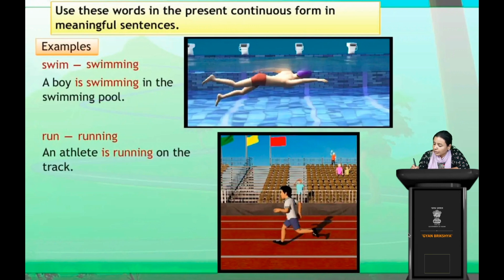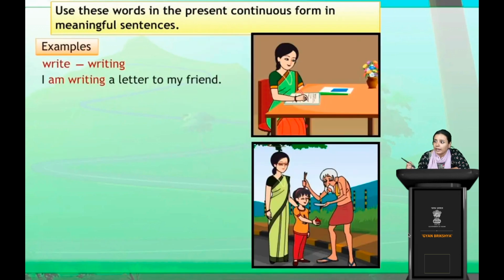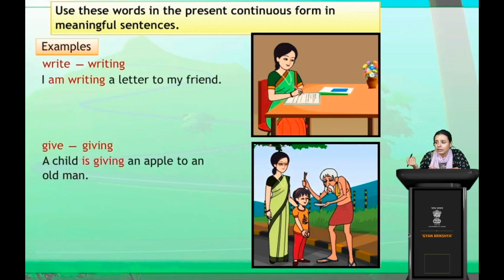So now see, what is this, students? This is a lady who is writing a letter. So write plus ing, that is, I am writing a letter to my friend. So it's already continuous tense, right? So everything is the same, you just have to see whether it is in present tense or whether the verb is having ing with it. So you just have to check, and then you can easily say whether it's in present tense or past tense or in present continuous tense.